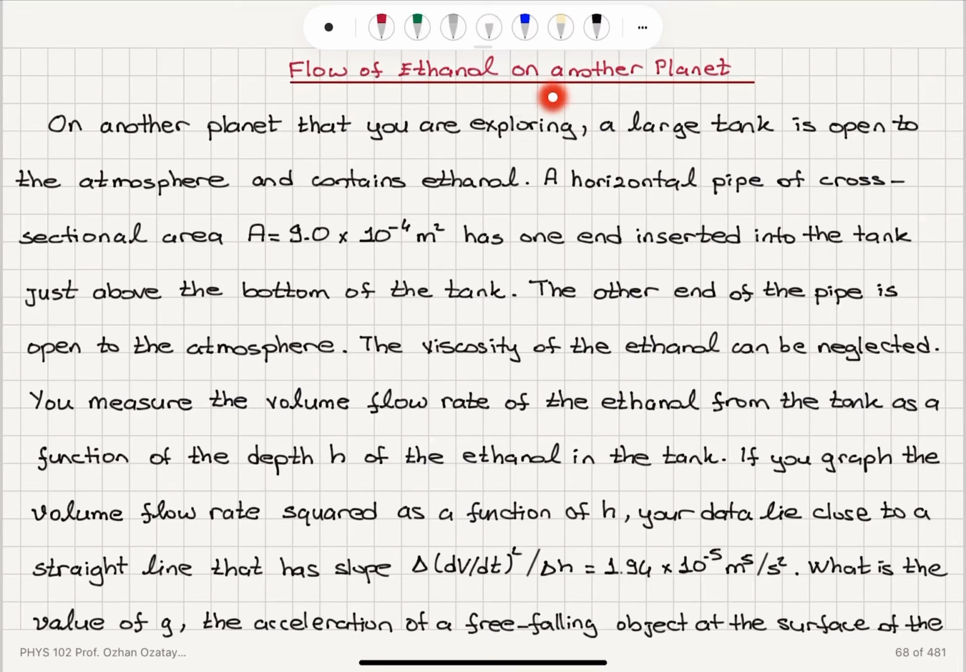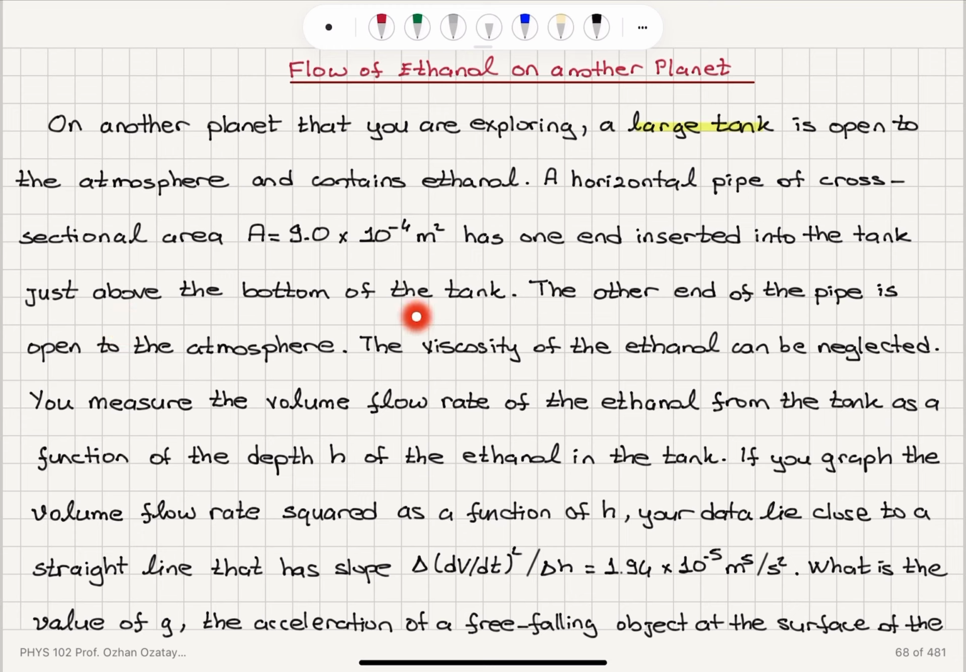Flow of ethanol on another planet. On another planet that you're exploring, a large tank is open to the atmosphere. It's a large tank and contains ethanol. A horizontal pipe of cross-sectional area 9 × 10^-4 meters squared has one end inserted into the tank